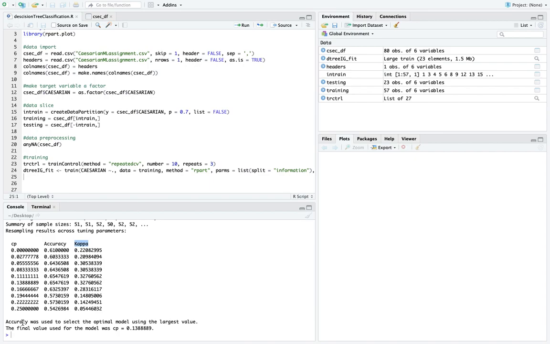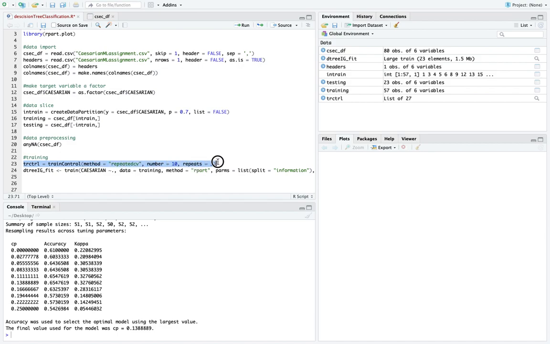Now, what is accuracy? How well it fits our data, right? But I prefer kappa over accuracy. Why? Kappa is basically a metric that compares observed accuracy with expected accuracy. So let's say your observed accuracy was 80%, but your expected accuracy was 75%, right? So it's not that impressive. But what if your observed accuracy was 90% and your expected accuracy was 20%? Now that's very impressive, right? So we want a high value of kappa, a high value of accuracy, and a low value of CP for our best model. Now moving on,